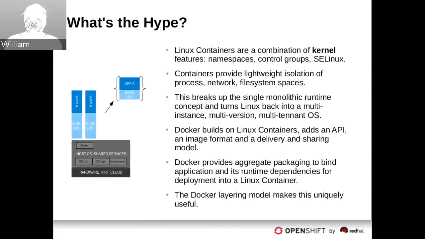So what's all the hype? Well, Linux containers are a combination of kernel features like namespaces and control groups and SELinux. Containers provide lightweight